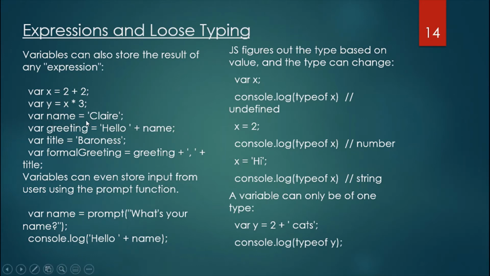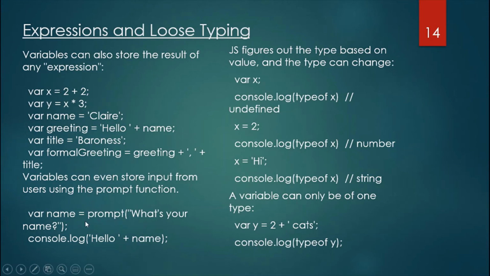Now this is a string variable. How can you understand whether it is a string variable, a number variable or a constant? When you see var name and we put something in single quotes or double quotes, it doesn't matter. So it would tell you Clary is the name, and this is a string variable. Similarly, var greeting is equal to hello plus name. So hello will be printed in your log and it will add the name. What is the name? Name is Clary, so it will add that name here.